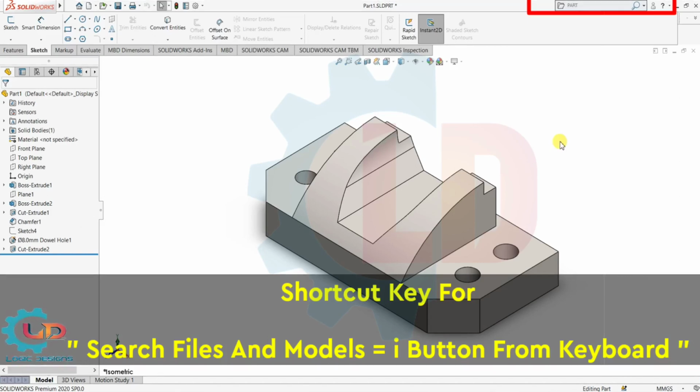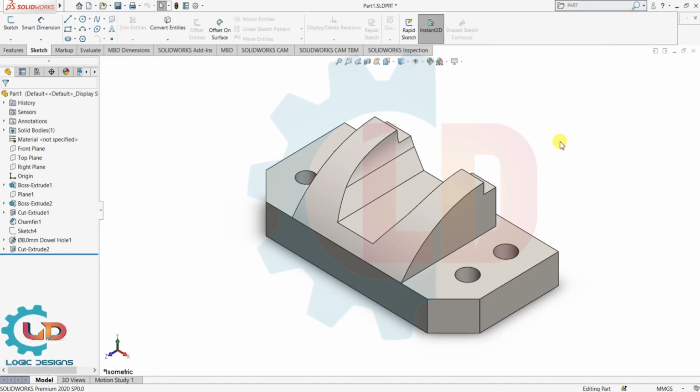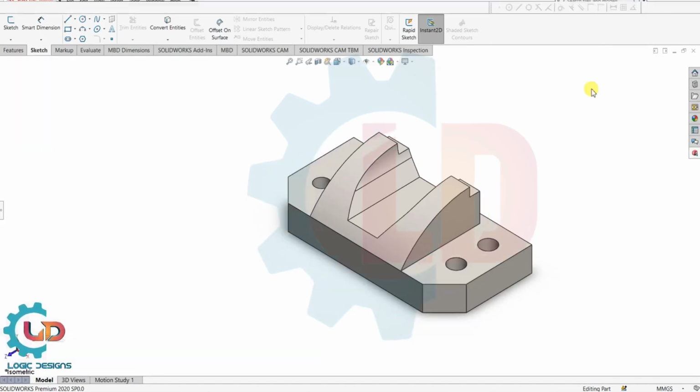That's it class. This is part 2 of SolidWorks shortcut keys. Now we will discuss all function keys in SolidWorks shortcut keys part 3. So I hope now you can understand how view selector, magnified selection, scroll feature manager tree top and bottom, search commands, and finally search files and models all work with their shortcut keys.